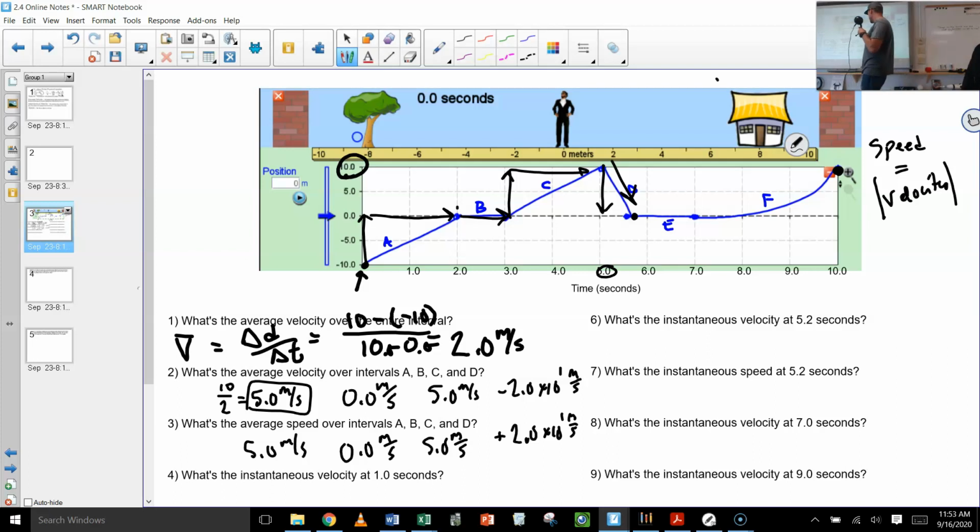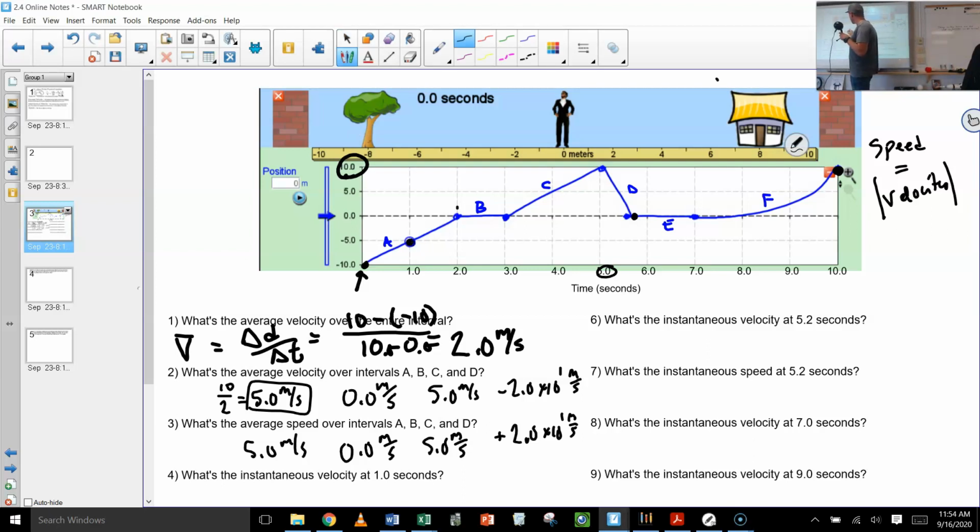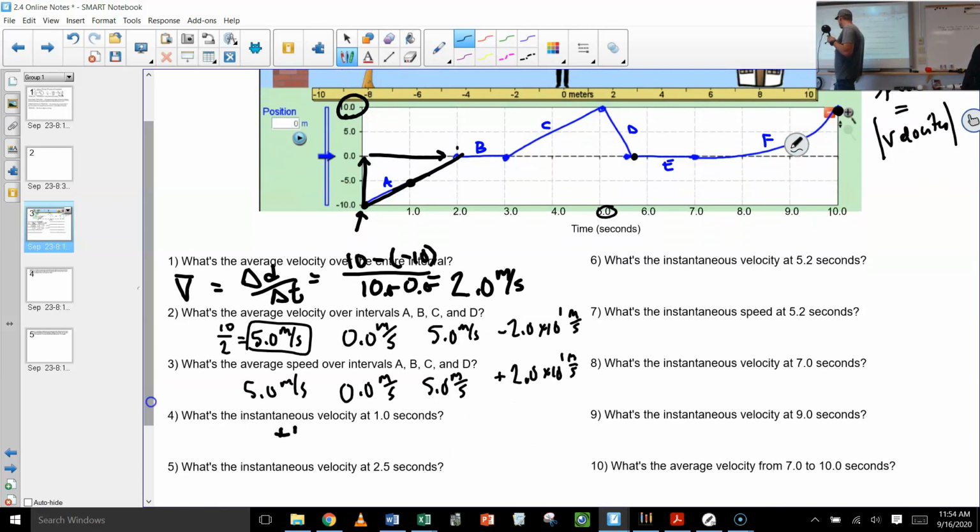Now let's talk about instantaneous velocity. The instantaneous velocity that we talked about, the definition is it's the slope of the tangent at that point. So right here, what's the instantaneous velocity at 1 second? So here's 1 second. What's the slope of the line right there? Well, it turns out that the slope of the tangent line at 1 second is the exact same slope as this right here over the interval A. So the slope of the tangent line is still going to be the rise over the run. So it's going to be positive 10 meters over 2 seconds, which equals 5